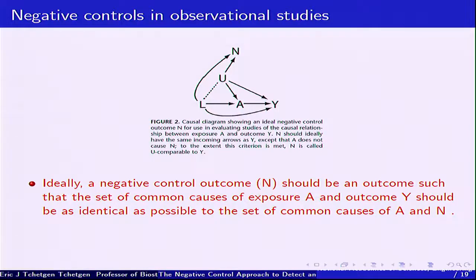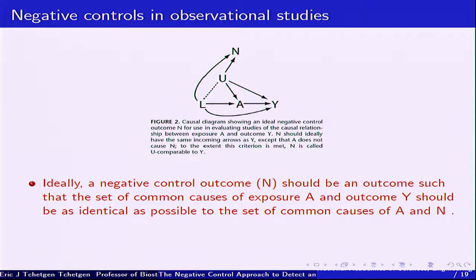So here are some DAGs that just overlay the negative control outcome onto the previous graph that I had. And so you could see, ideally, a negative control outcome should be an outcome that's chosen such that the set of common causes of the exposure of interest and the outcome is shared with that outcome, that a confounding mechanism is common